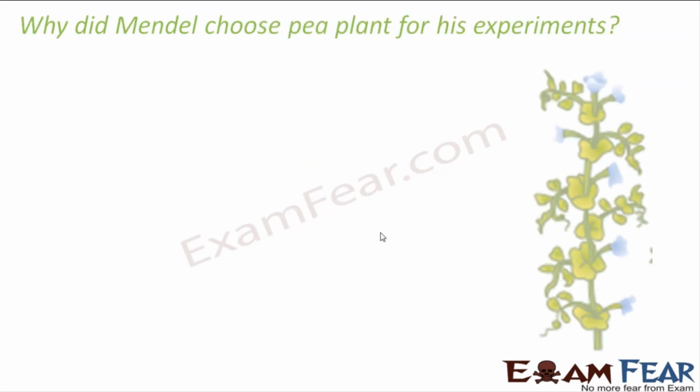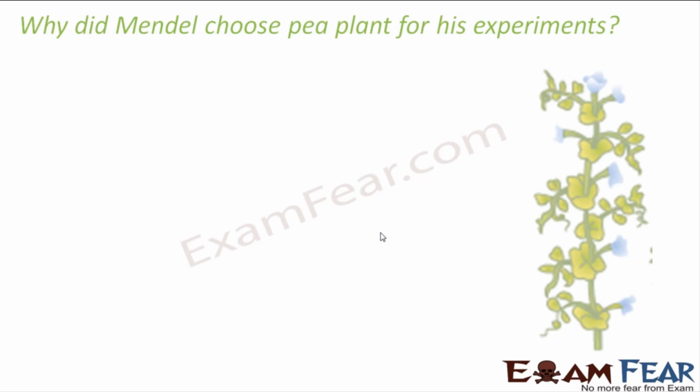So now that we have seen that Gregor Mendel made so much contribution in the field of genetics. He was the first one to give the principles of inheritance, based on which so many other advanced things came up. The entire subject of genetics came only after Gregor Mendel. Now, a very small question. Why did Mendel choose the pea plant for his experiments? When there are plenty of plants, plenty of organisms, why did he choose the pea plant itself?